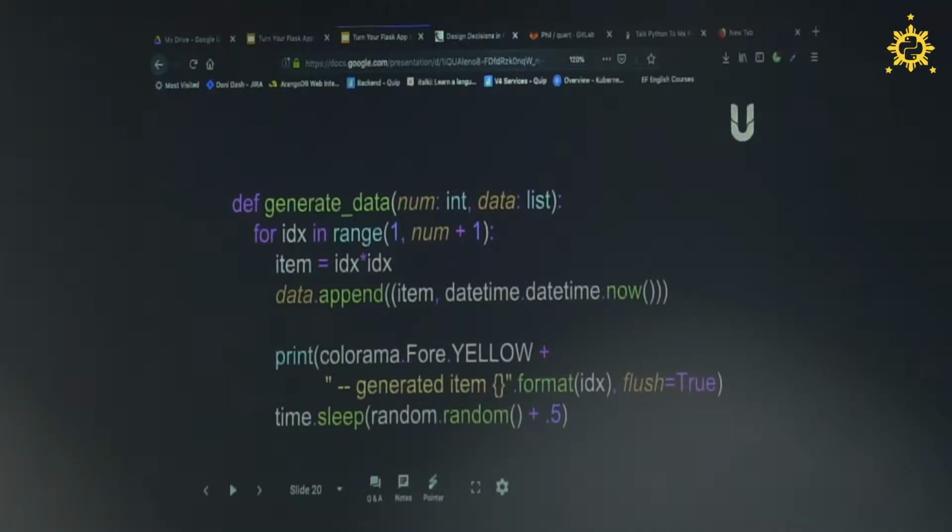For the generate data function, we have two inputs, num and data, and we can iterate. We start from 1 until num plus 1. We process the data with idx times idx. We append to the data structure here: the item, the data itself, and the datetime.